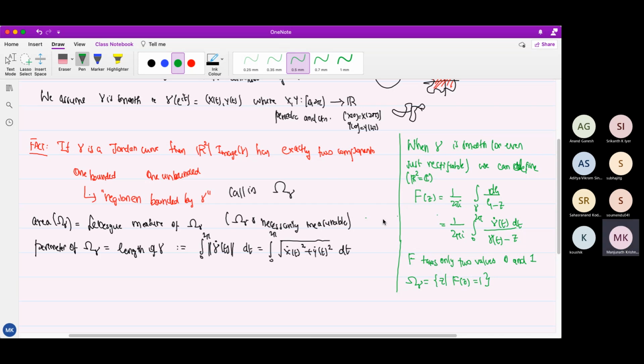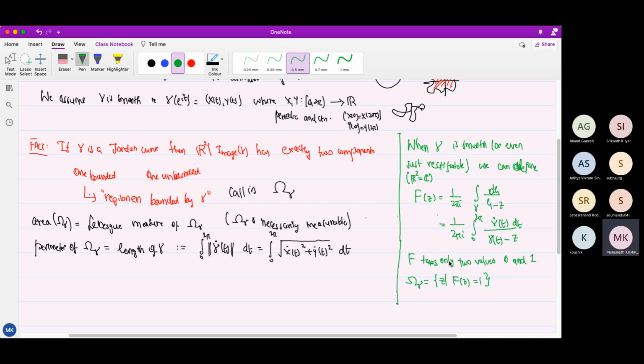I don't know if Kaushik has an easy argument to say that it takes only two values when it's a Jordan curve. I don't know if that is easy, but you have something. But that is only for simply connected, or right? No, it's a Jordan curve, right? What is bounded inside by a Jordan curve should have two values.